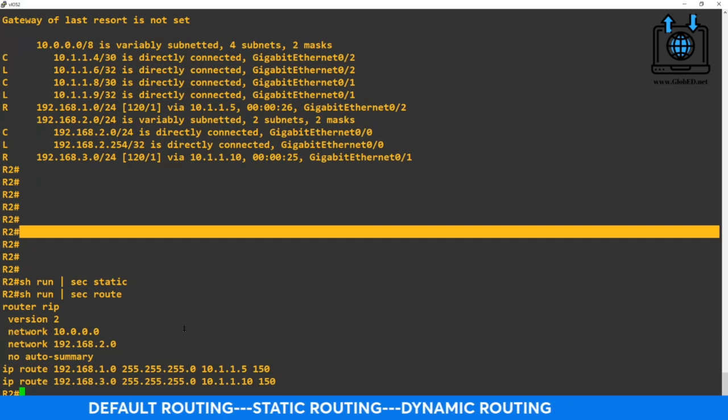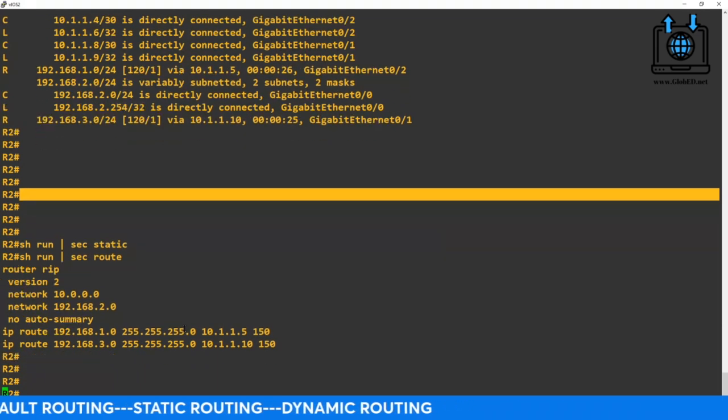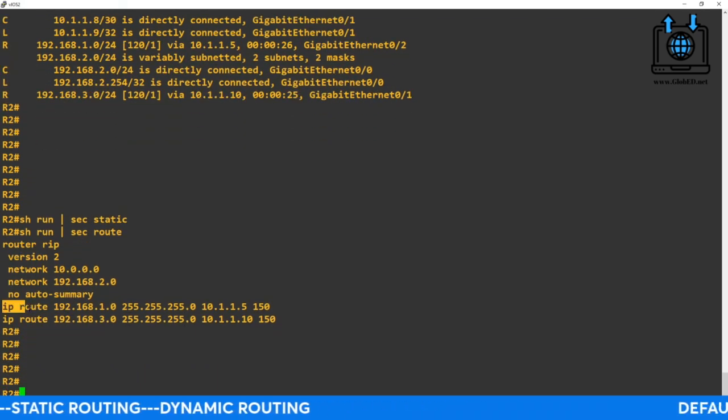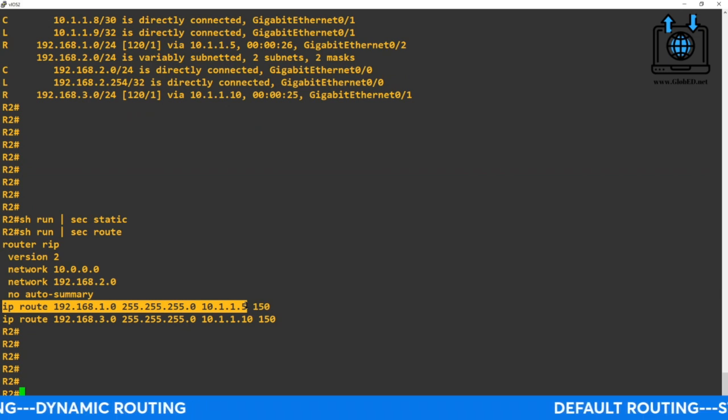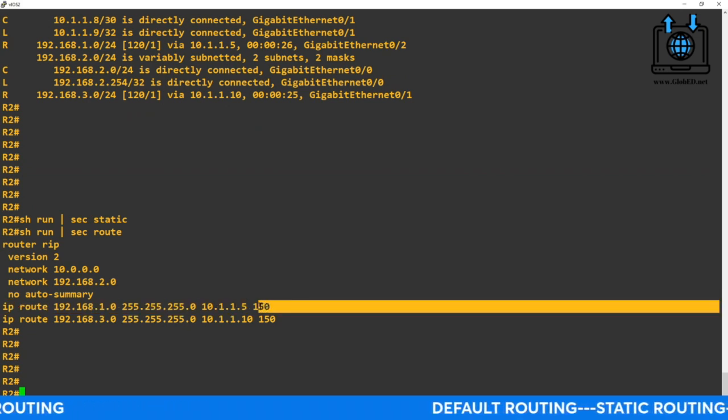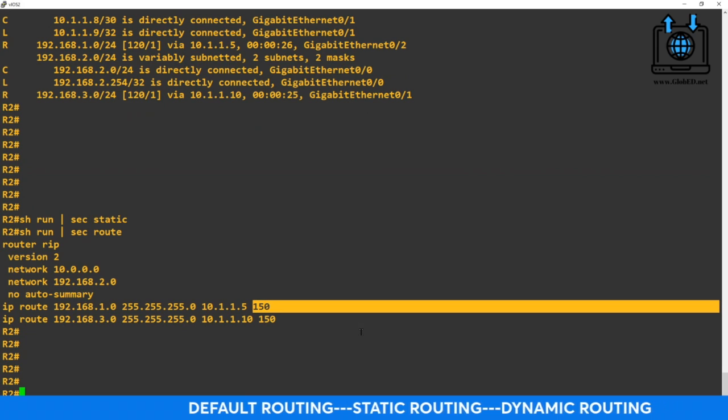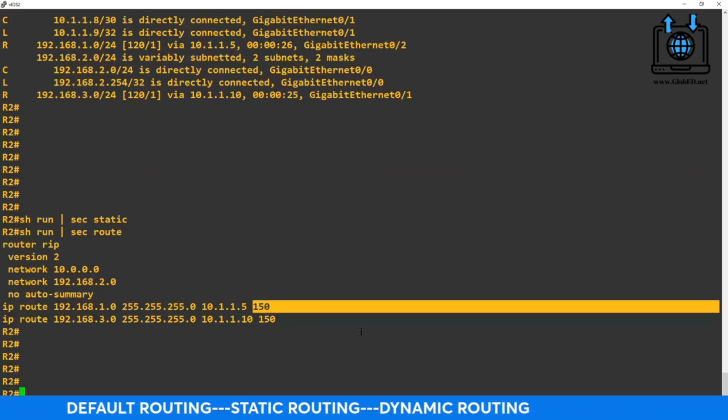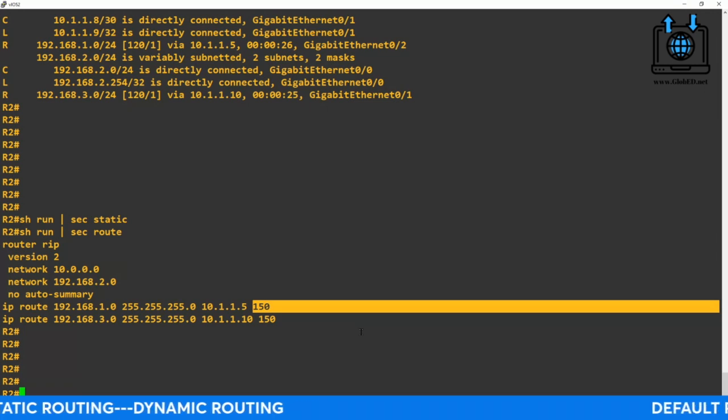All right. So here are the static routes that are configured in this router. This is the only one that has static routes. But because of that administrative distance, we said, hey, let's make it bigger than RIP. These are just there in case RIP goes haywire. These will take over once again.